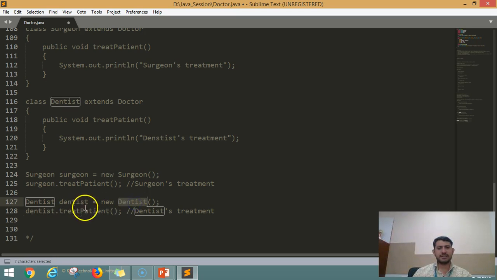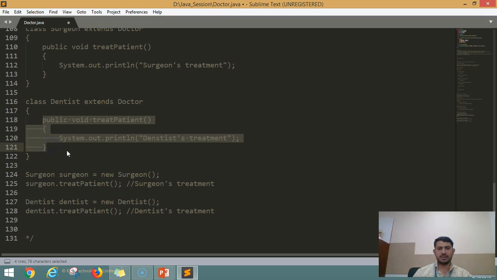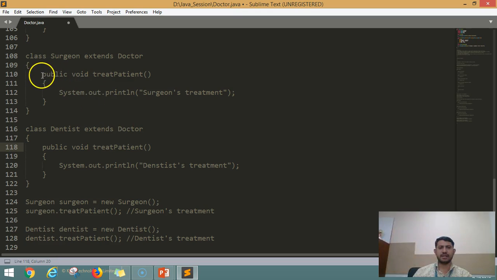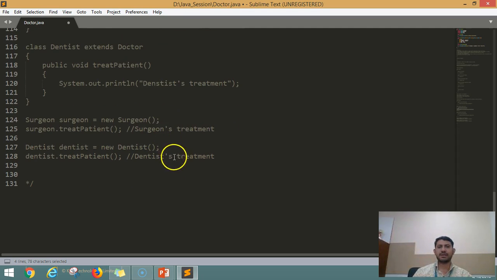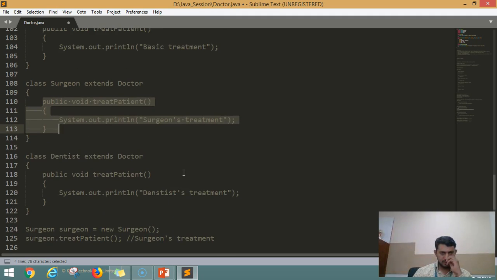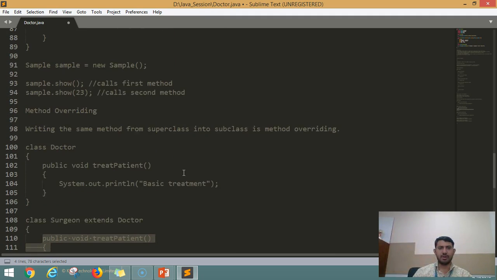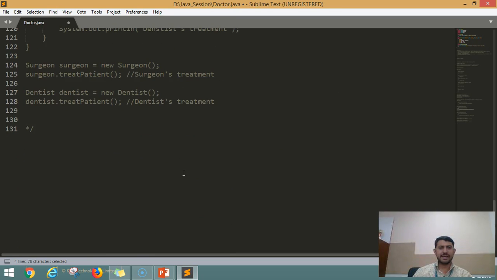Here I'm creating an object of Dentist, so it will now invoke the method on this Dentist class object, and this method will be invoked. And when I create the Surgeon object, the treatPatient method will be called, which prints surgeon's treatment. So that is method overriding and dynamic polymorphism. In this case I can also create a reference variable